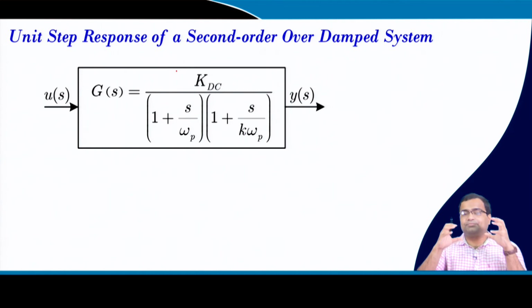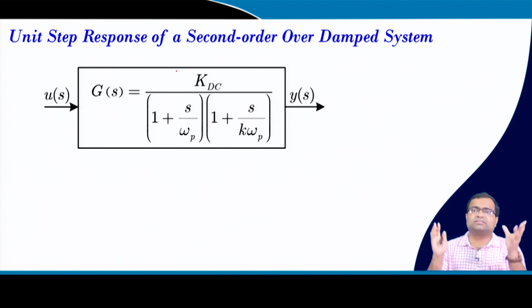Now we want to see what the response of an overdamped second order system is, because we often encounter this question. We often interchangeably use that if two poles are widely separated, then the response of an overdamped second order system is primarily dominated by the dominant pole, the pole which is close to the imaginary axis. Remember that we are talking about two stable poles, and if it is dominated by the pole close to the imaginary axis, then it will behave like a first order system.